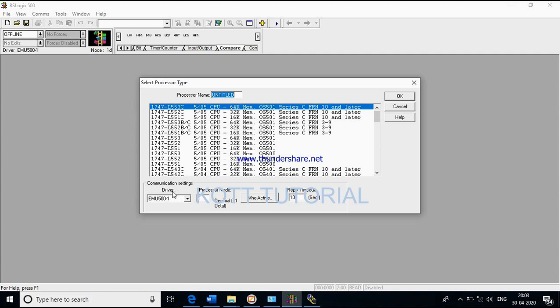Over here you can see the driver. Now in this the driver is selected as EMU 500. This driver was previously used with the emulator, meaning I have done programming using an emulator in my previous project, so by default it has selected this driver.